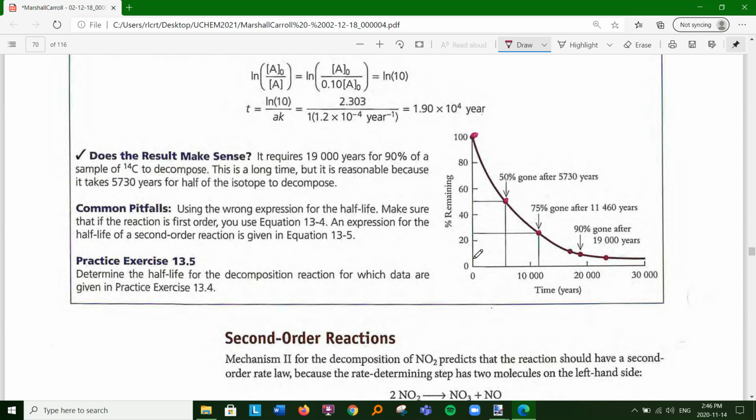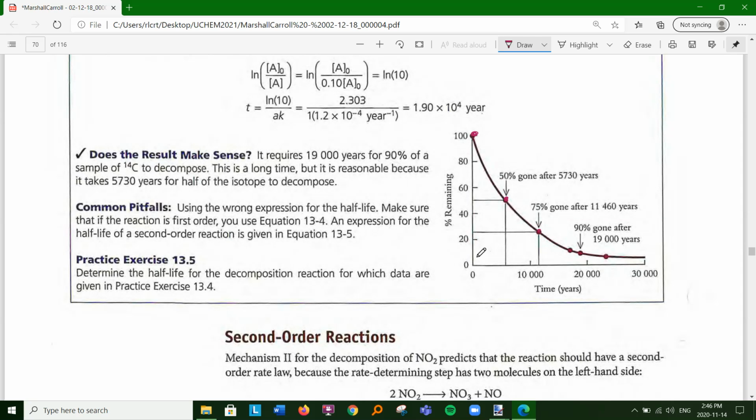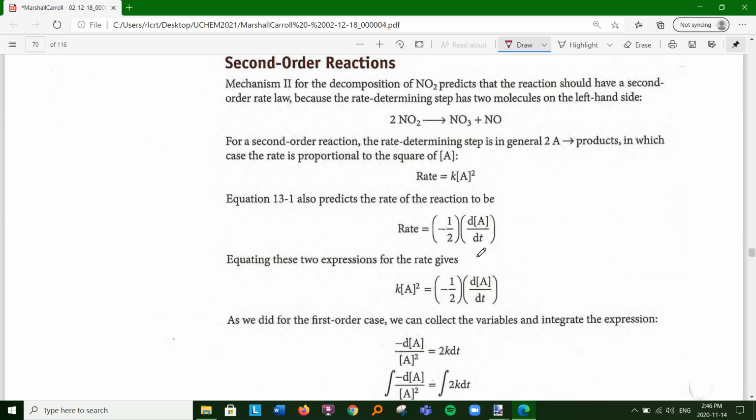There's a limit to accuracy with carbon dating, which is around like 10,000 years, maybe a little less. We'll talk a bit more about that when we get into the nuclear process. Okay, so now let's talk about second order reactions, and the book really doesn't have many examples, so